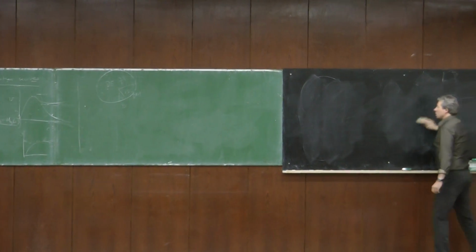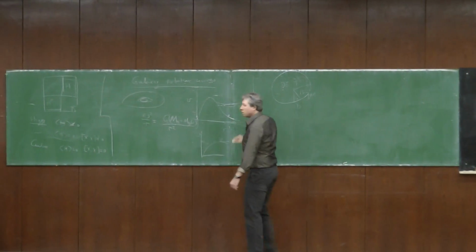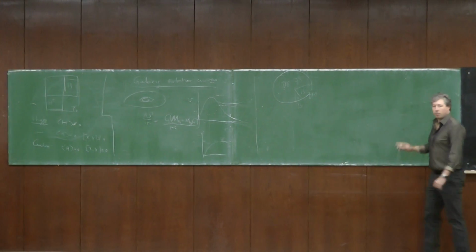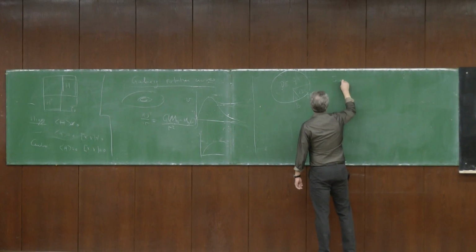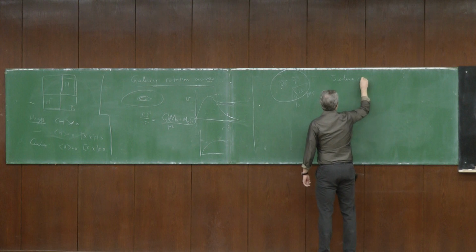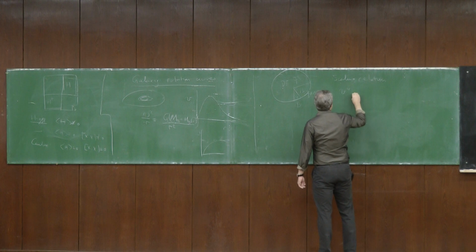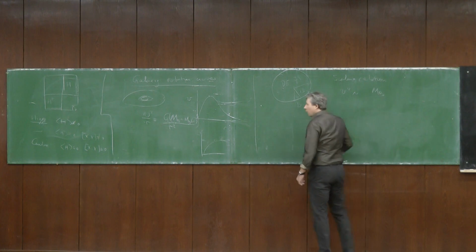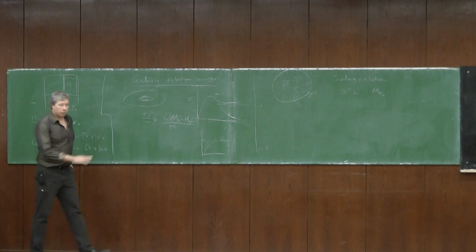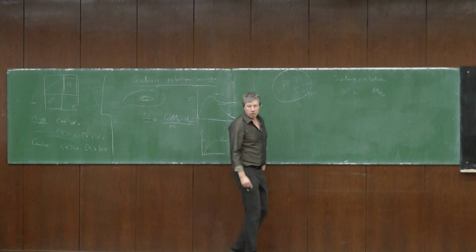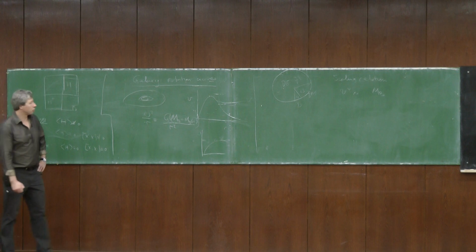But what's really surprising is that there is a relationship between the velocity that I see here and the amount of baryonic matter. There's a scaling relation, which is very well observed, that v to the 4th goes like the amount of baryonic matter in a galaxy. And this is done for many, many galaxies. And this is very hard to explain if you want to say what dark matter is doing that makes this happen.